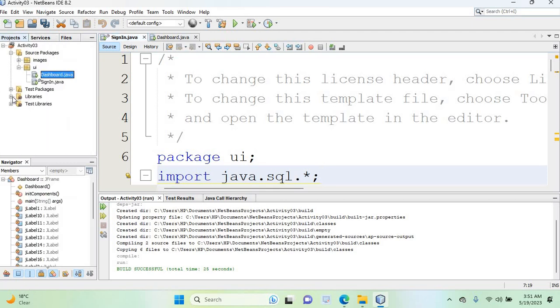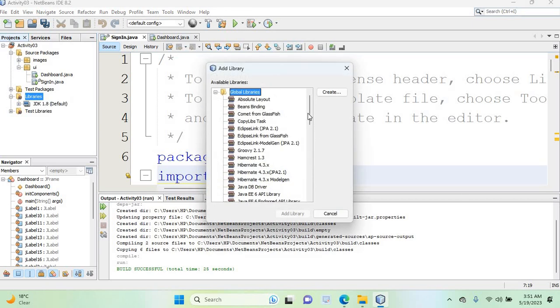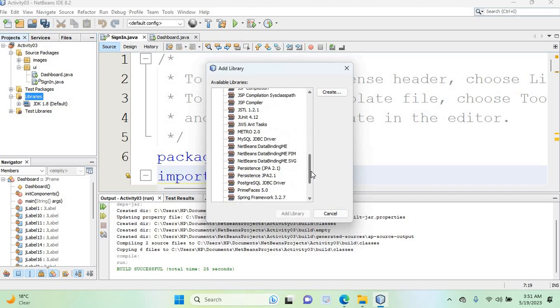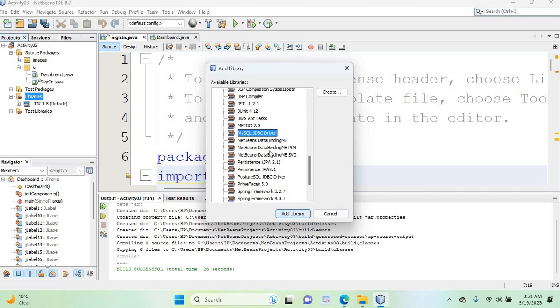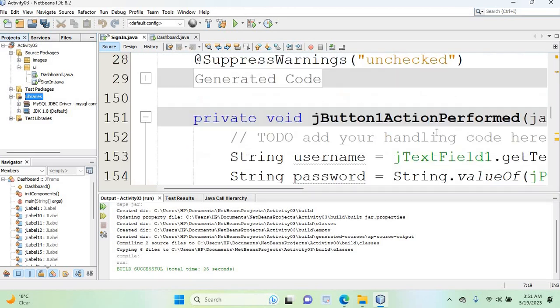So I can go to libraries here, and we don't have the JDBC driver. So I'm going to right click, add library, and then NetBeans will display a set of options here, and from here I'm going to select MySQL JDBC driver, and I'm going to add it. So once I add it, I need to register it with my